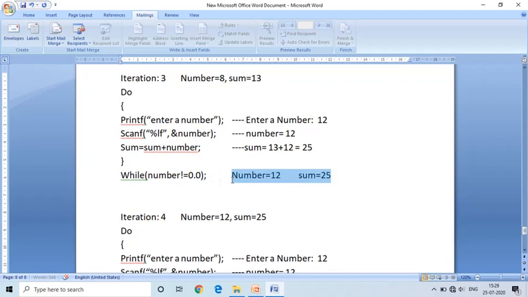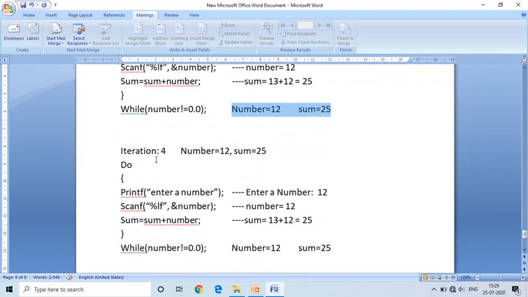These are the variables after completing iteration 3, and before iteration 4 the variable values are the same. Entering the do while loop, it will ask enter a number. If the user enters 0, 0 is the option to quit from the do while loop.